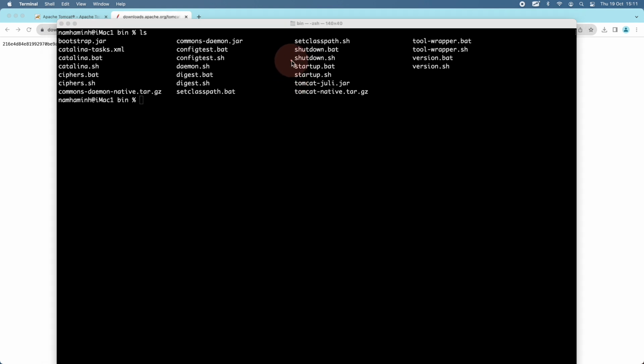You can see some shell scripts which we can use to start and stop Apache Tomcat server. You can see here catalina.sh, startup.sh, and shutdown.sh. Okay, now let me start Apache Tomcat using the catalina.sh script file here. So type sh catalina.sh and pass the parameter start,